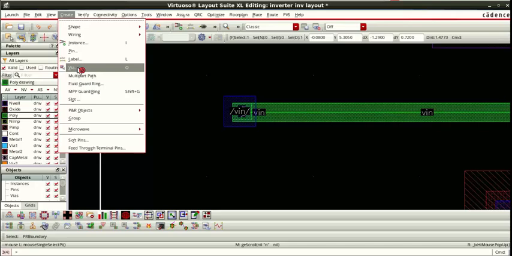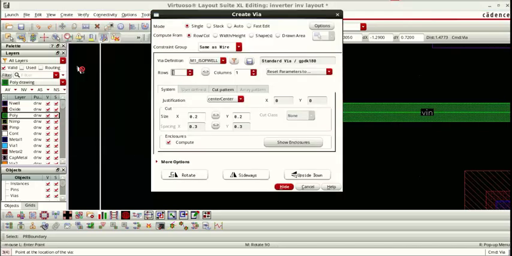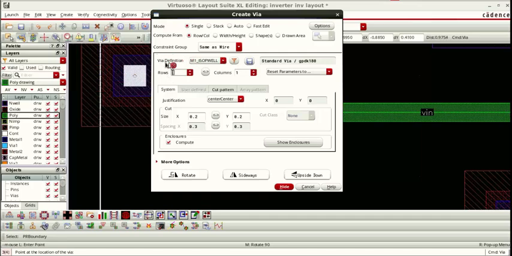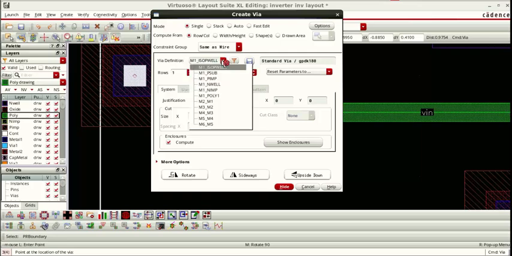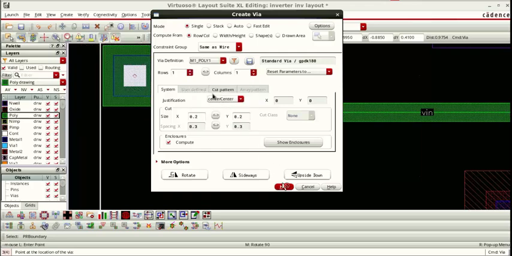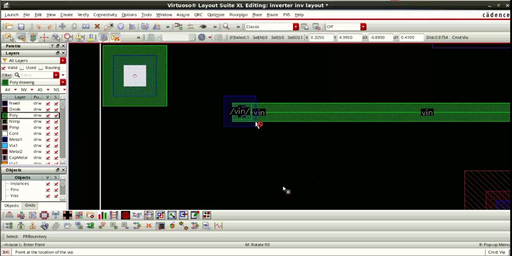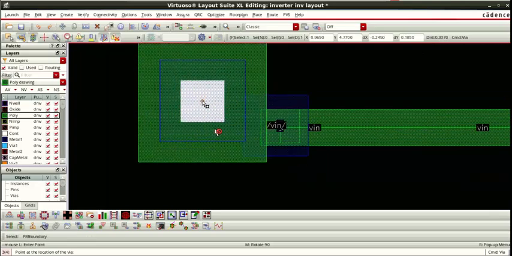So we are not going to connect directly, we are going to connect through a via. Via definition we should select. So click via. Here via definition I want from metal to polysilicon, because metal is my pin, polysilicon is the gate. So here I will click via definition M1 to poly 1. See M1 underscore poly 1. It means it is M1 to poly 1. Okay. Hide. Now this I am going to place it properly.